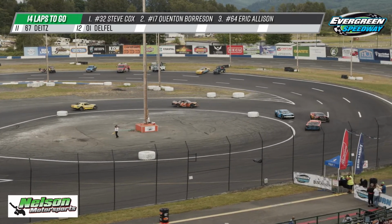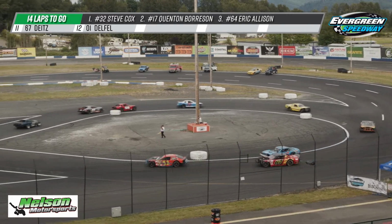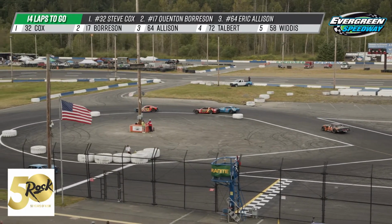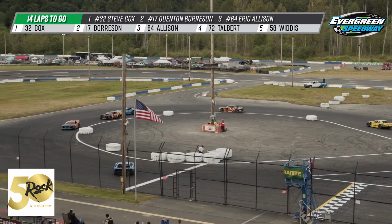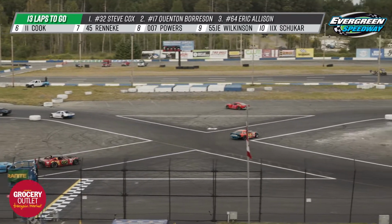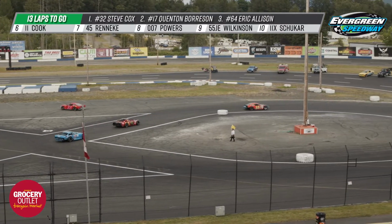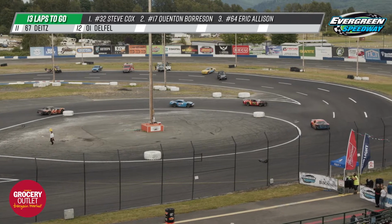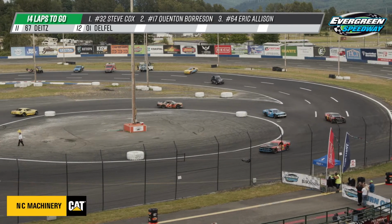Quentin Borison trying to get back to that back bumper of Steve Cox. Borison losing contact with Cox here as he is stuck on the outside of Dietz getting in through the North Pole. So Borison is going to have to deal with this lap traffic very, very quickly. And that looked like it was Jessica Wilkinson who went around right in front of our head flagger, John Peterson, in that 55 car. So that's going to bring out another caution flag